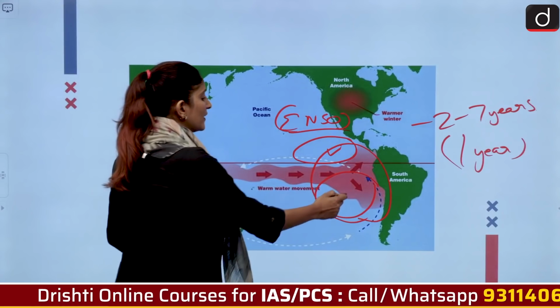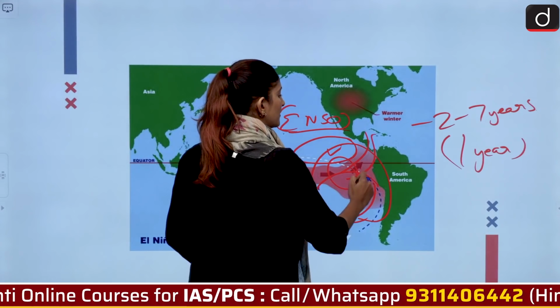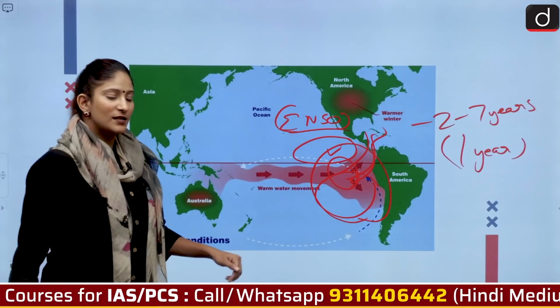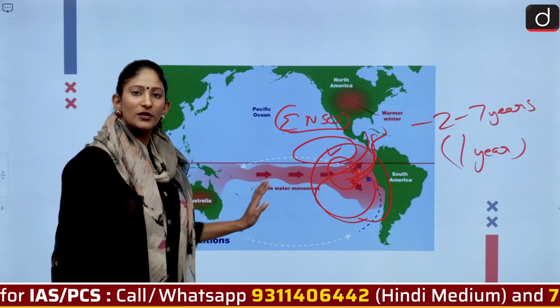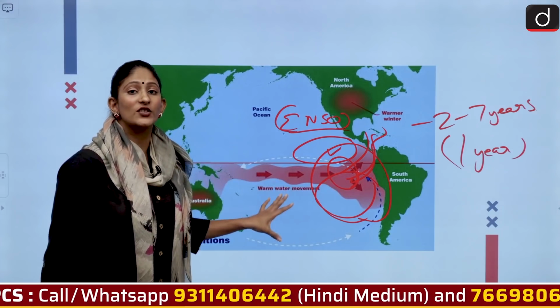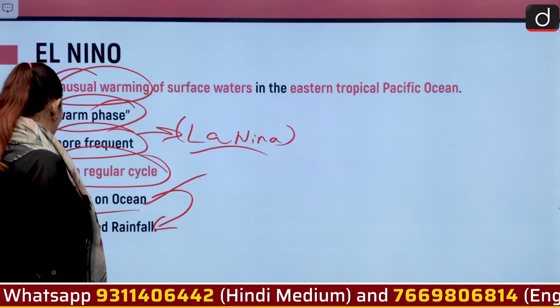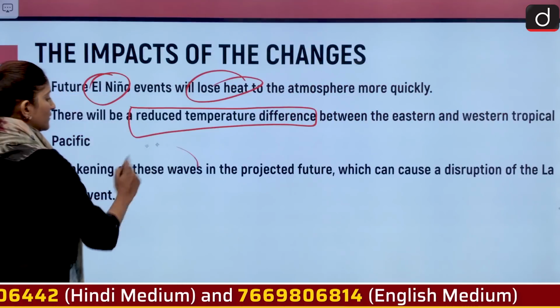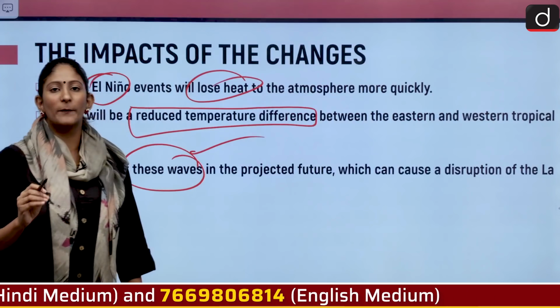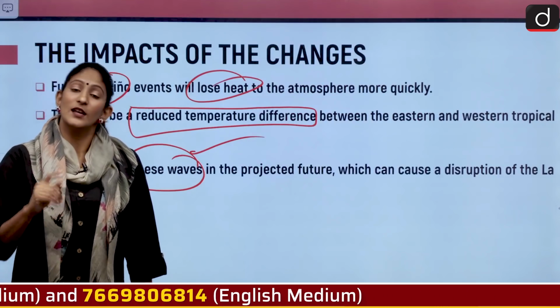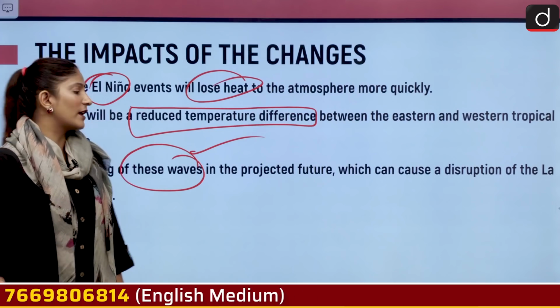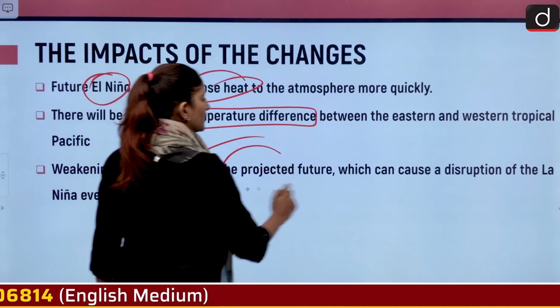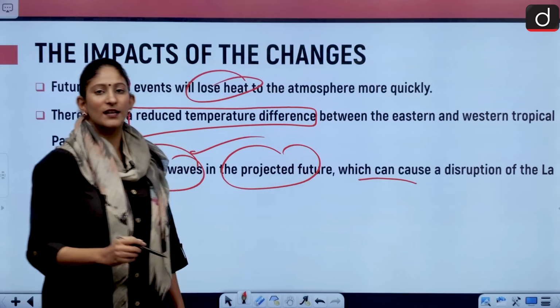Now El Nino, if it will lose heat much faster, then of course the surface temperature of the oceans will not have any kind of extremes. Okay, so that is another impact that is going to occur. Also, weakening of these waves. There are three prominent tropical waves. Those waves, if they weaken in the projected future, can cause